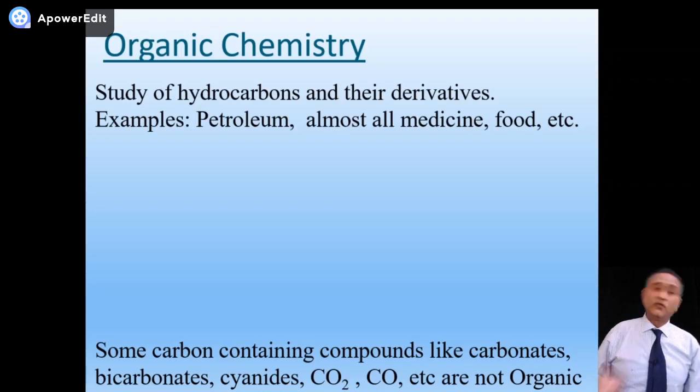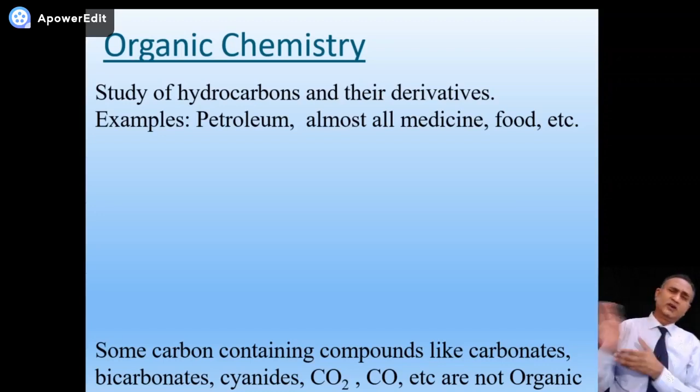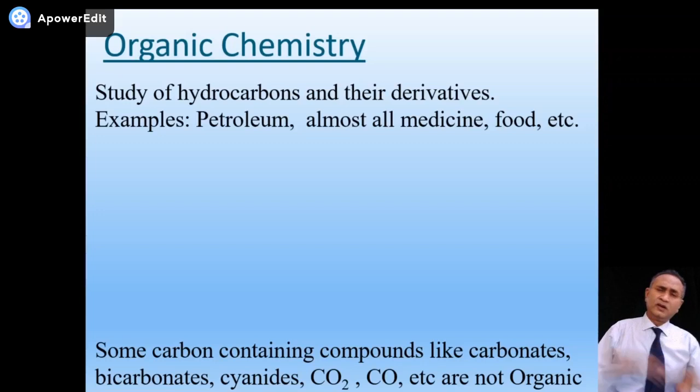Okay, so what is the definition of organic chemistry? Study of carbon and its compounds. Then scientists saw that besides carbon, in all the organic compounds, hydrogen is also there. So they changed the definition a little bit: a study of hydrocarbons and their derivatives. What do you mean by the word derivatives? Obtained from that, like we are the derivatives of our parents. Similarly, if we have a compound and you transform it into another one, then that compound is called the derivative